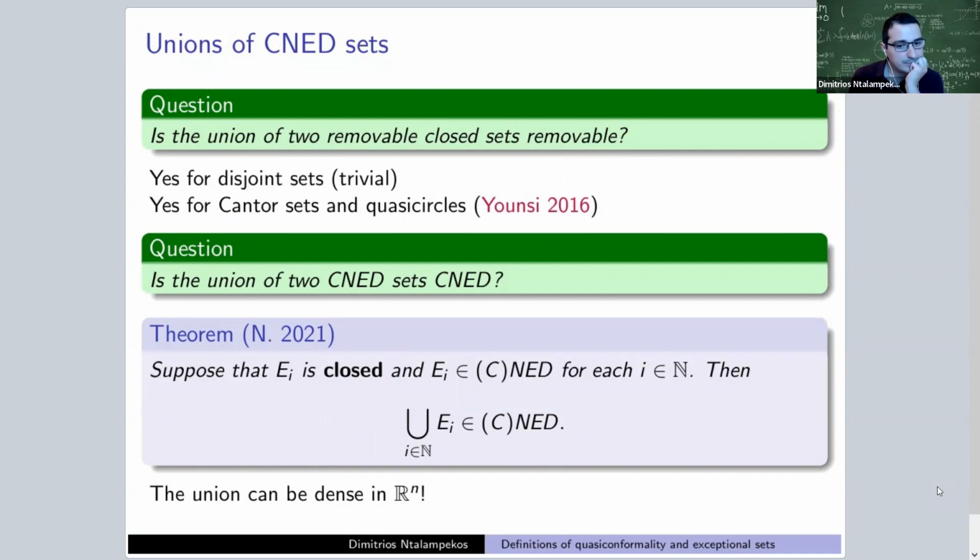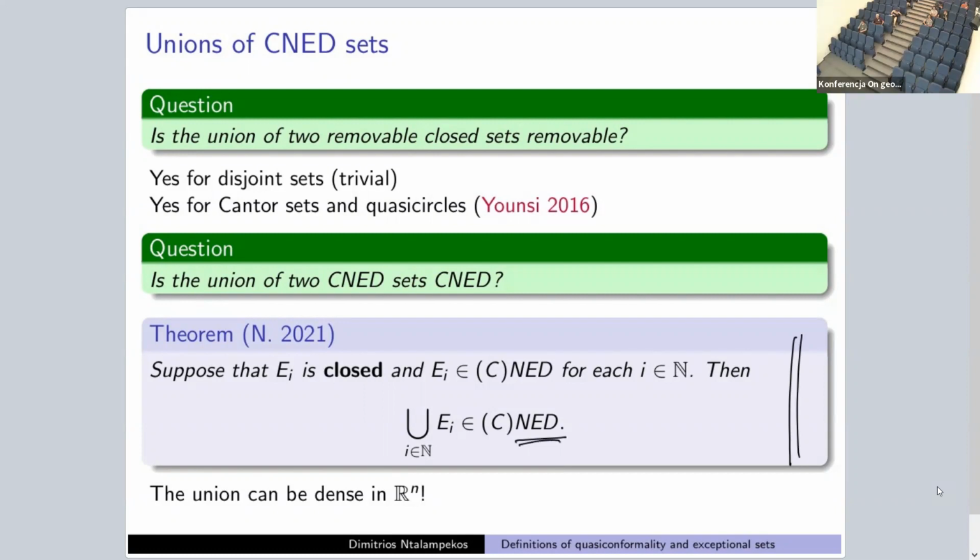So there should be CNED. I believe it should be CNED. I haven't really checked the details, but at least from here we can see that the bad set, the set that cannot be blown up conformally to top scale, is NED actually, which is stronger. So that's the kind of non-radial set, the complement of the radial Julia set, I think, if I understand correctly. I would say the preimage of all little Julia sets. Well, they're not connected, but.